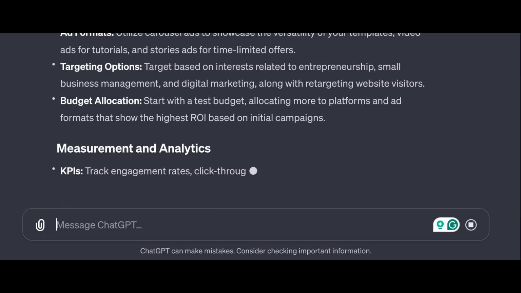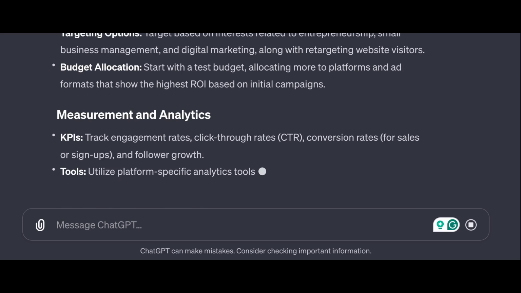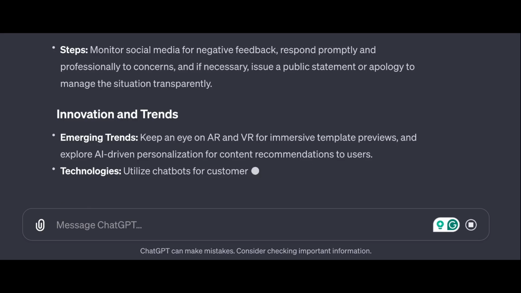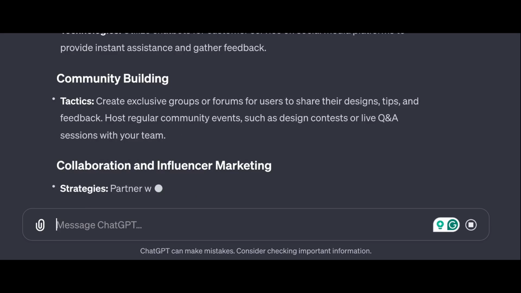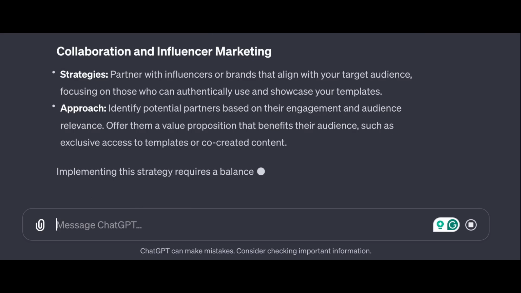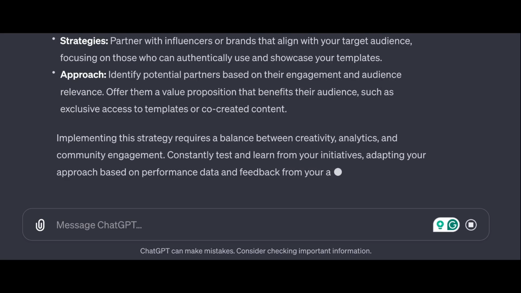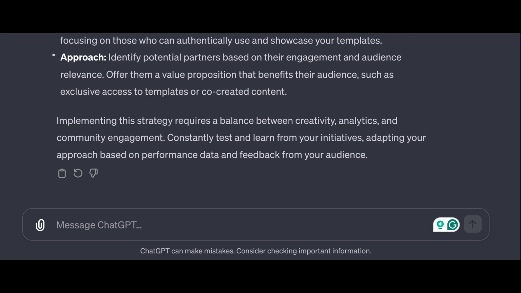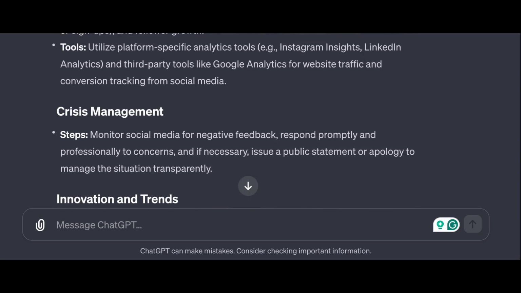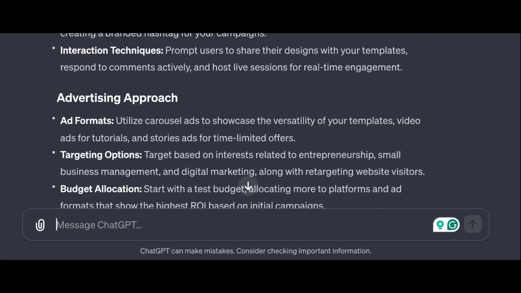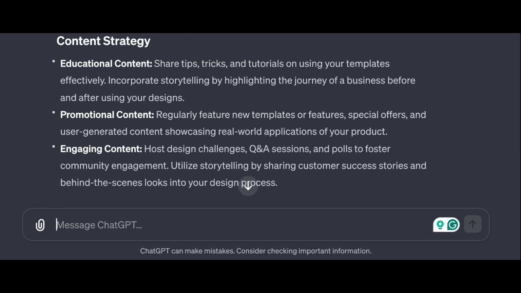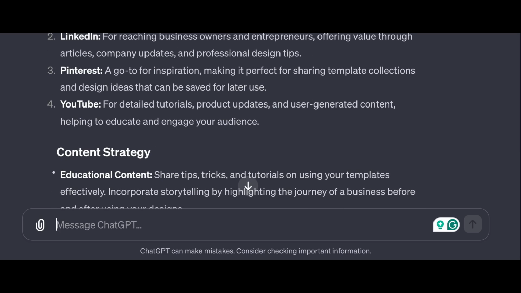So this is a really in-depth social media marketing strategy for this specific business. And with this information, now you can take it even further and develop each point even further, or ask it to put it into a table format or some other type of format that you prefer. But this whole process would have probably taken you hours, and we've done the first draft in what, 5 minutes? That's the power of ChatGPT in social media.